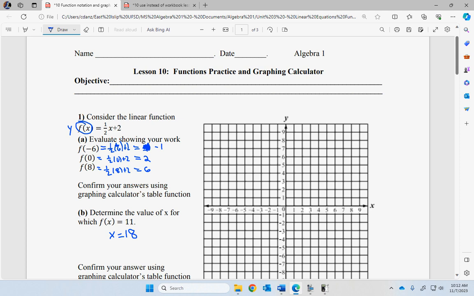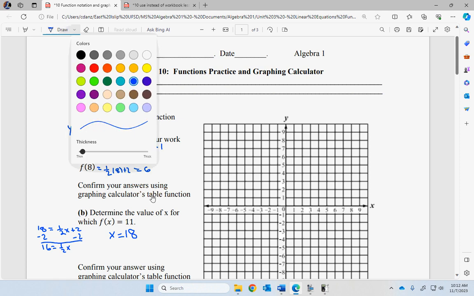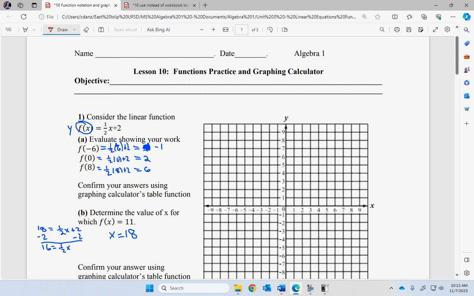I can write an equation that says the output of 18 equals 1/2 x plus 2. And then I want to solve this. So let's subtract 2 from both sides first. So 16 equals 1/2 x. And now let's multiply both sides by the reciprocal. So I'll multiply by 2 over 1. So therefore, x equals,